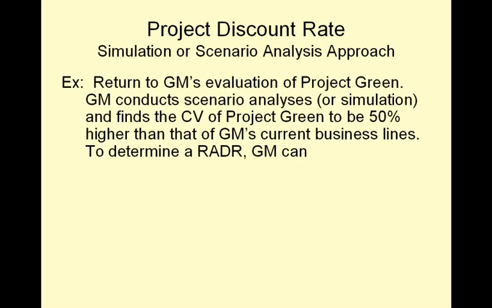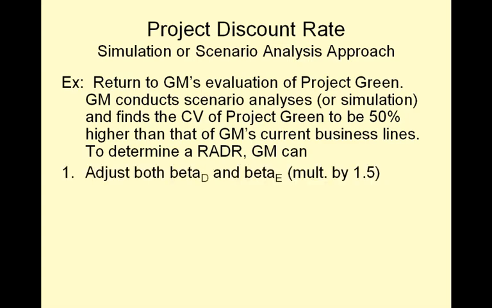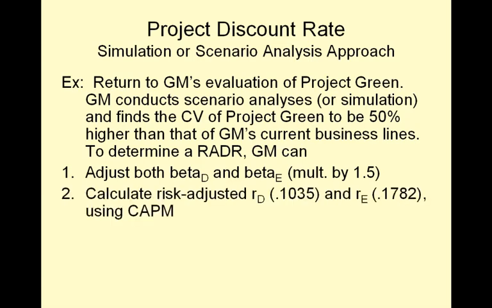As an example, let's return to GM's evaluation of Project Green that we introduced in a previous session. Let's say that GM conducts a scenario analysis or a simulation analysis and finds that the coefficient of variation for Project Green is 50% higher than that of GM's current business lines. To determine the risk-adjusted discount rate to apply to Project Green, GM can adjust both the beta on debt and the beta on equity, and that would be done by multiplying beta debt and beta equity for the firm by 1.5,